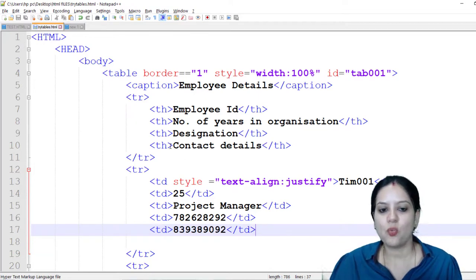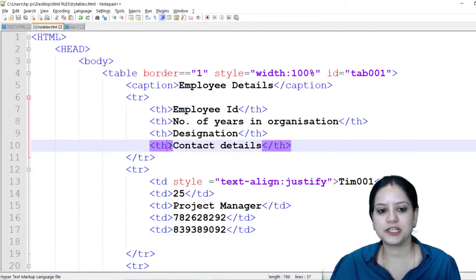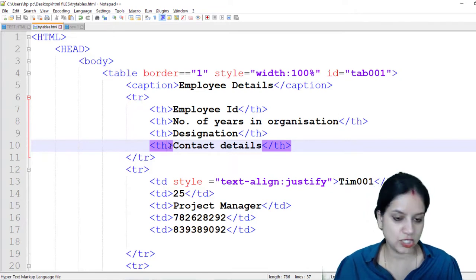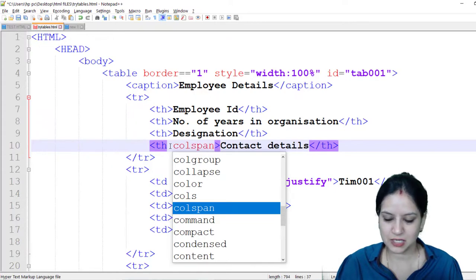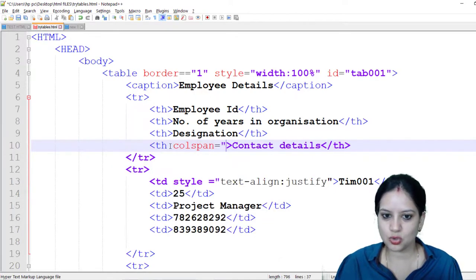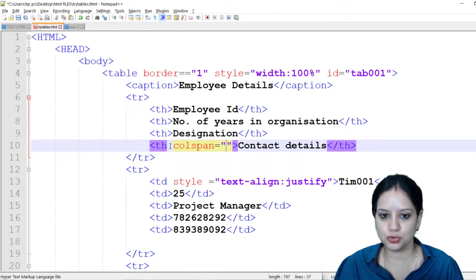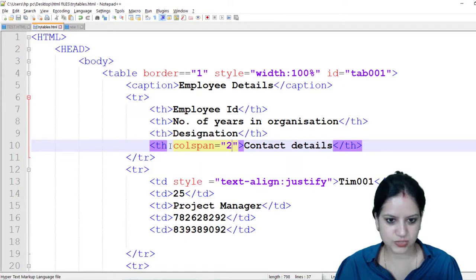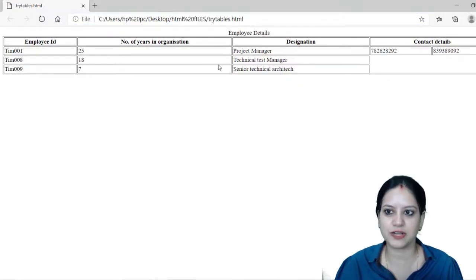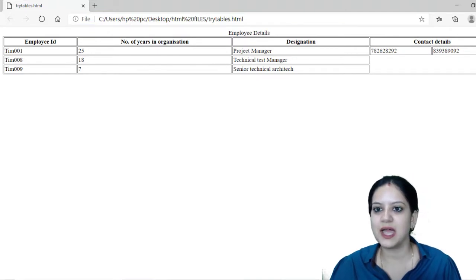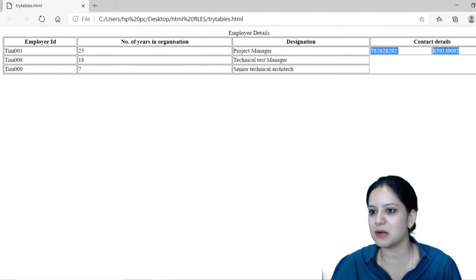Now remember, one particular heading we have to split into two parts, isn't it? So we will use an attribute called colspan equals, within the quotes, because I want to split it into two, I will use the number 2. Does it make sense? I'm going to save my code and actually run the code to see if the changes are getting reflected. Perfect. So you see that now for this employee ID, we have this column split into two parts, and in both the parts I have accommodated the